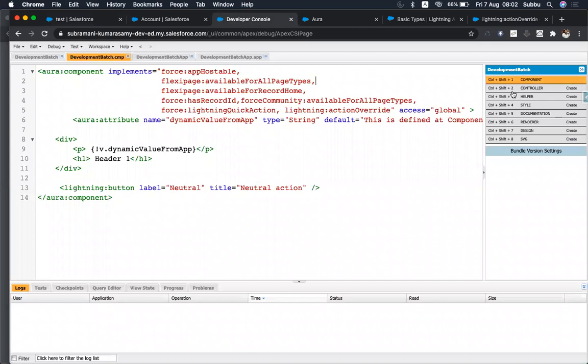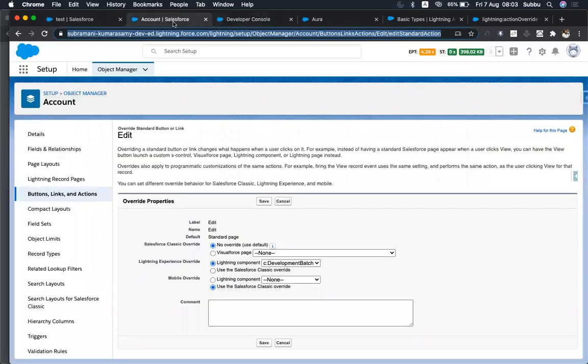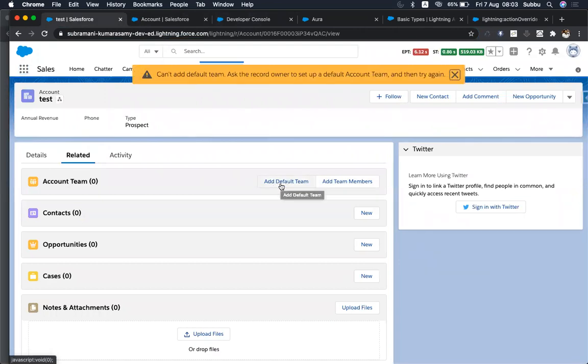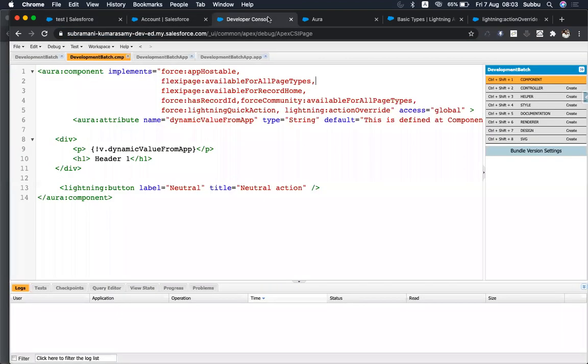Okay. The controller is something like, if you have any buttons here, if you want to communicate something to the interface, if you want to process anything from the UI. So in the UI, if you have any buttons, see here, this add a default name. If you click on this, what you need to do? Those actions you will be defining at the controller level. Okay. The helper is to help the controller functions, and you can communicate to the server side.